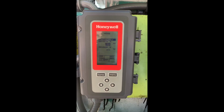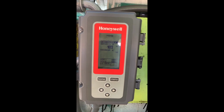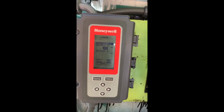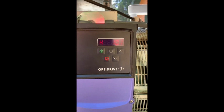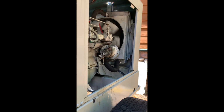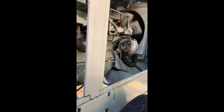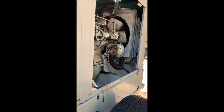It's running, see the modulation is at 0 right now. It's below the set point. I have the throttle set at 5. And then you can see the VFD is running at 10.1 hertz. That's the minimum speed. And the fan is, the video is not capturing it quite right, but it's running at, you know, enough to like move some